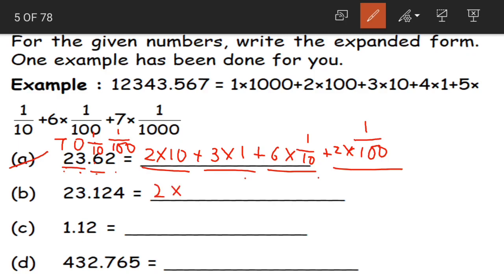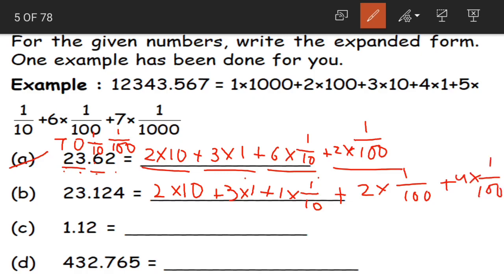Next again we have 2 into 10 plus 3 into 1 plus 1 into 1 by 10. Yes, after the decimal point we have 1 by 10, 1 by 100 and so on. 2 into 1 by 100 plus 4 into 1 by 1000. Next 1.12, 1 into 1 plus again 1 into 1 by 10 plus 2 into 1 by 100. The last one